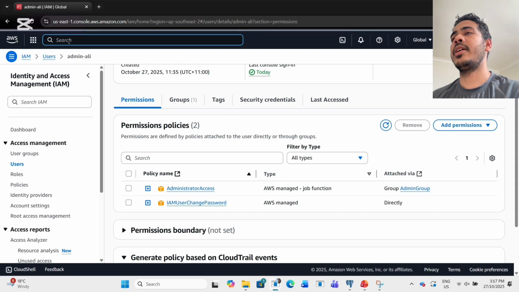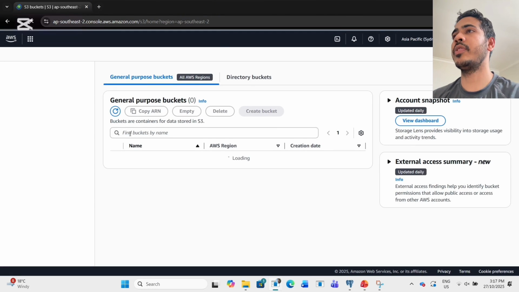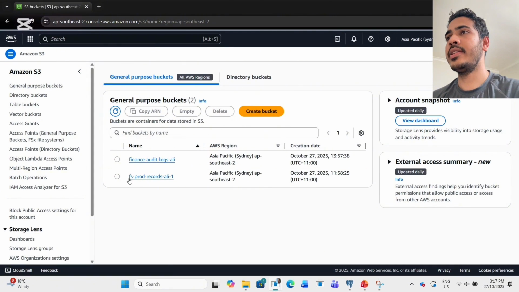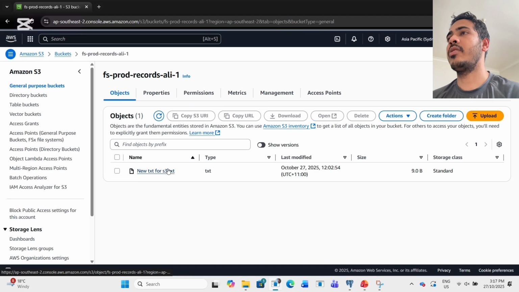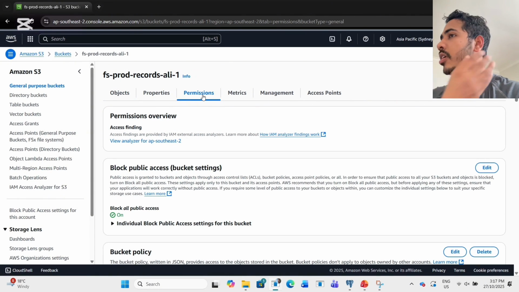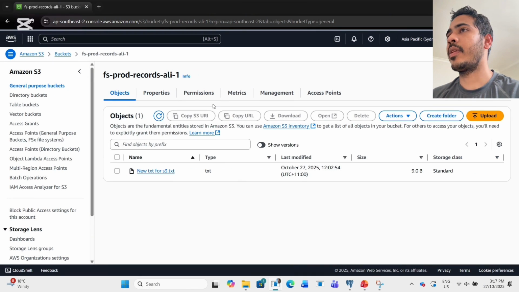And then after that I work with the storage for S3. So if I go there, I create a bucket. So this is the bucket, FS4 records Ali. Here I already uploaded sample files, and I already gave all the permissions, like